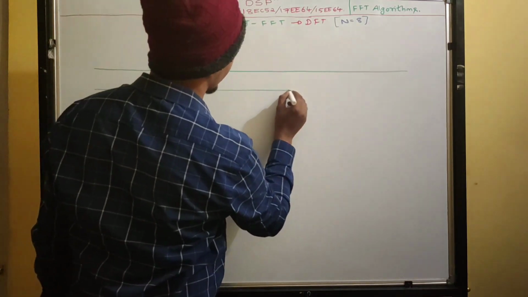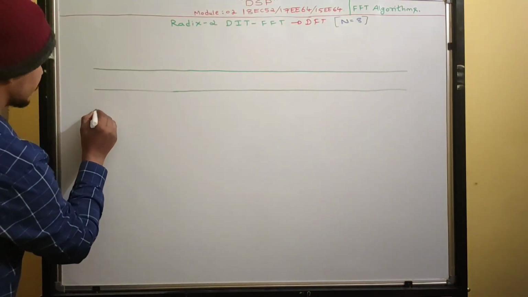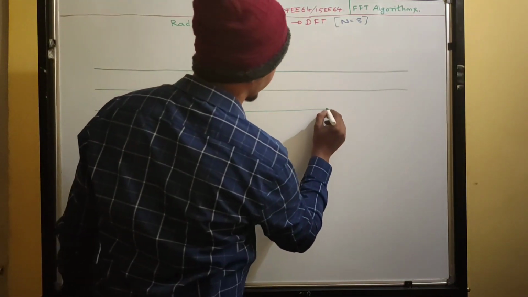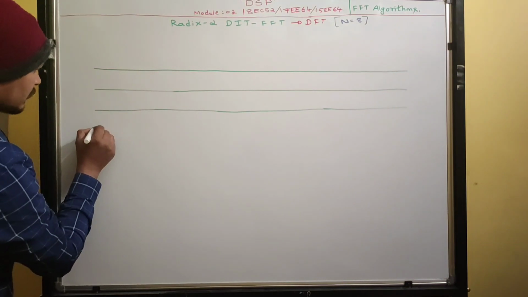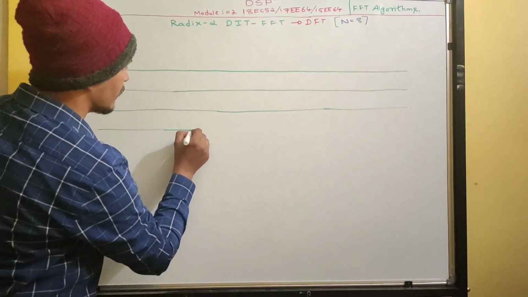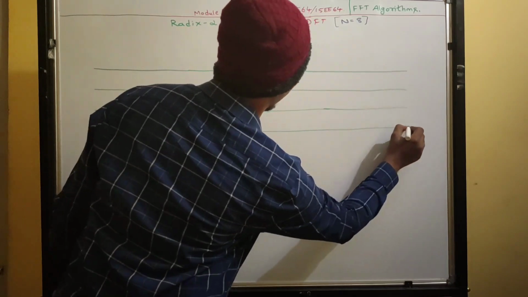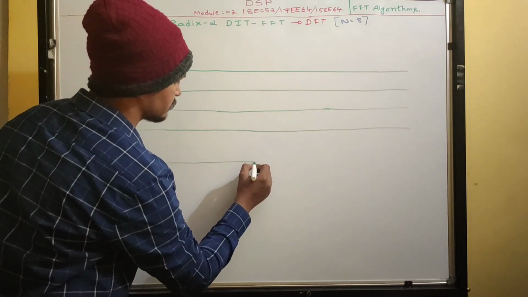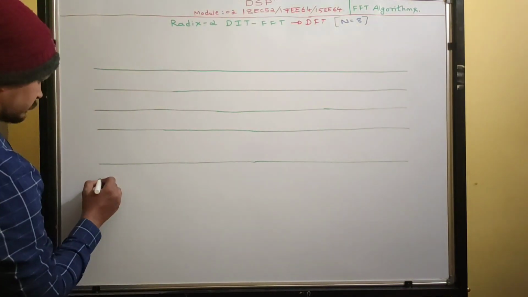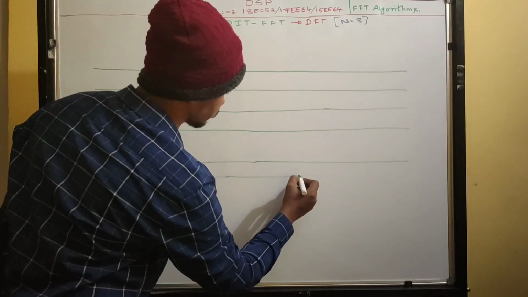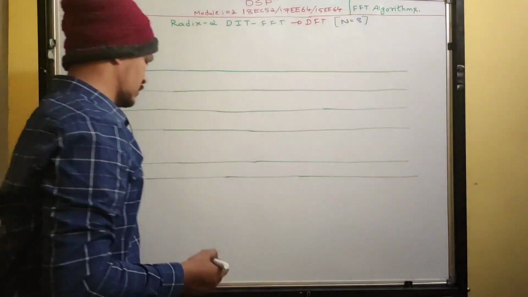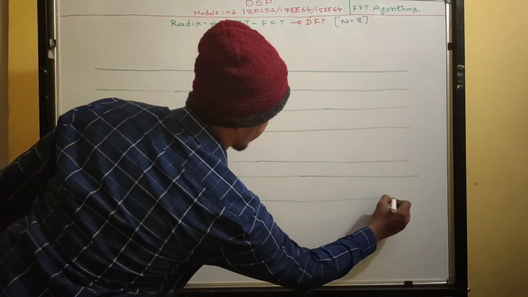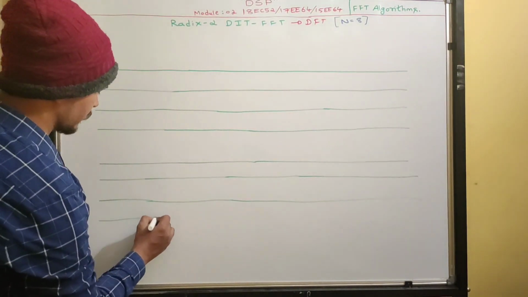So don't worry. So please watch the video with patience. Okay, only one time you watch it, you can easily understand. So after completing all the 4 signal flow graphs, I will give a shortcut, an easiest trick to write all these diagrams within a second. So draw 8 lines.